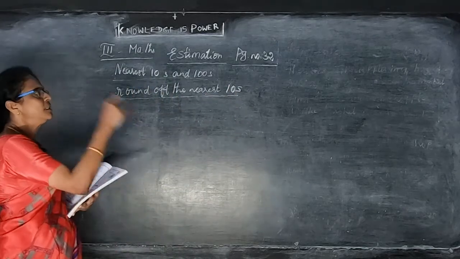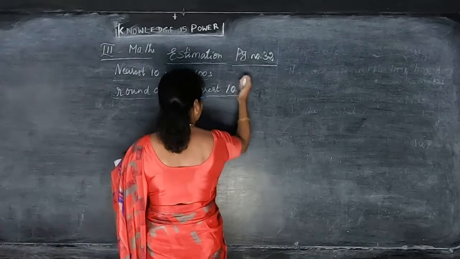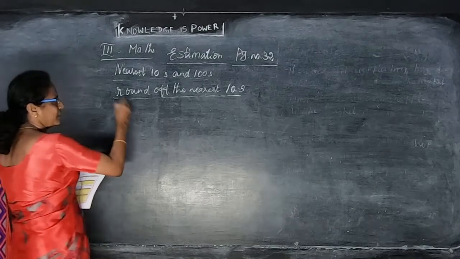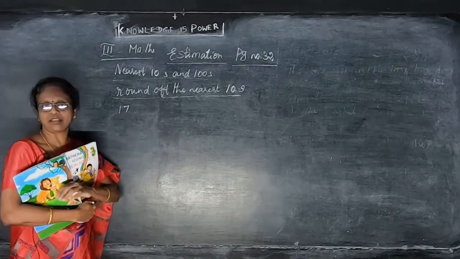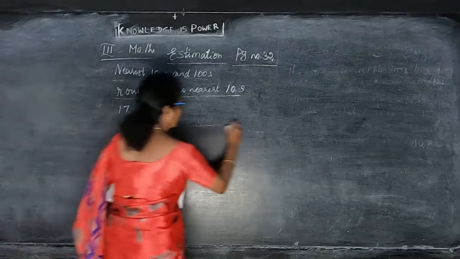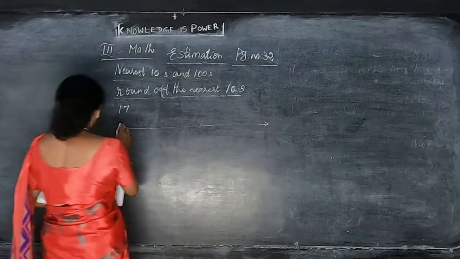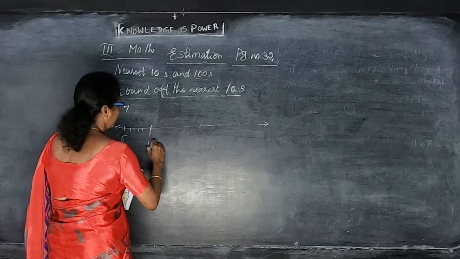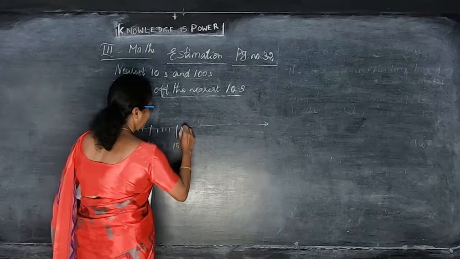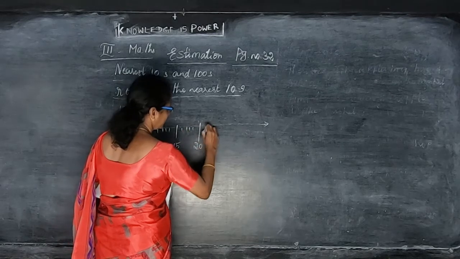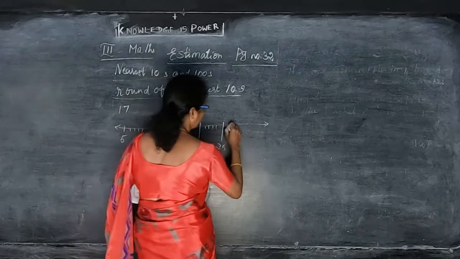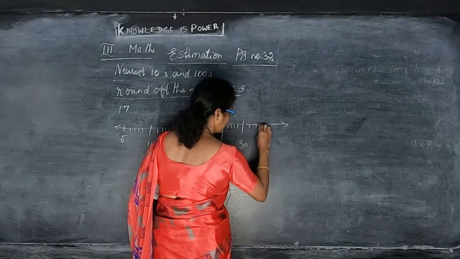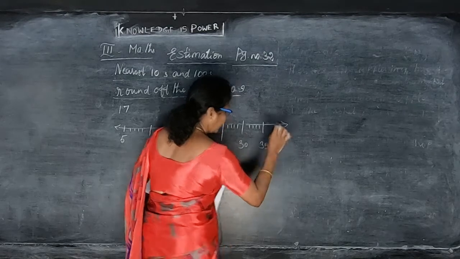This is the heading. அதாவது நாங்கள் கொடுக்குற நம்பரை அந்த tens கிட்ட வர மாதிரி you have to write the answer. So suppose you are given 17. இப்போ 17க்கு nearest என்ன வரும் 20. This I will show you in the number line. So you just get 5, 10, 15, 20, 25, 30, 35. Like this will be going on.